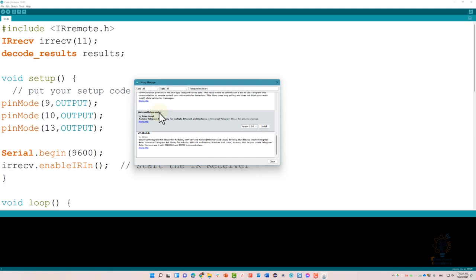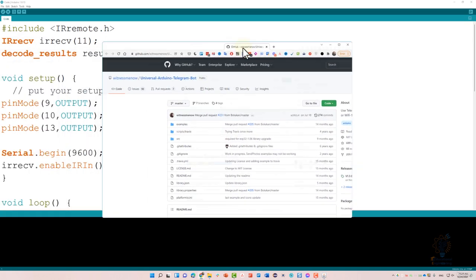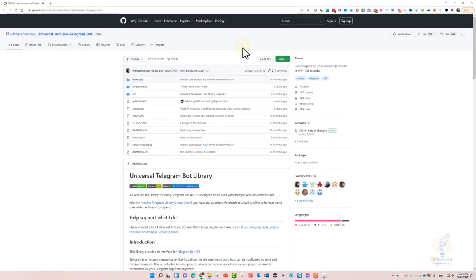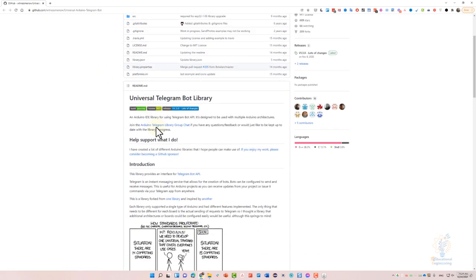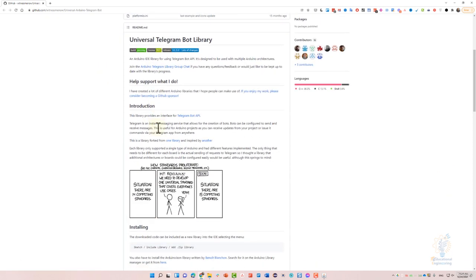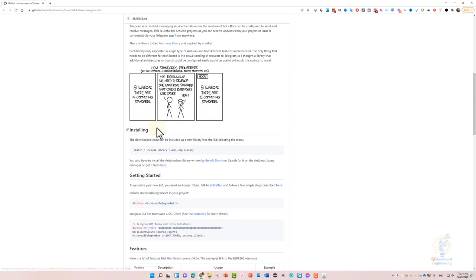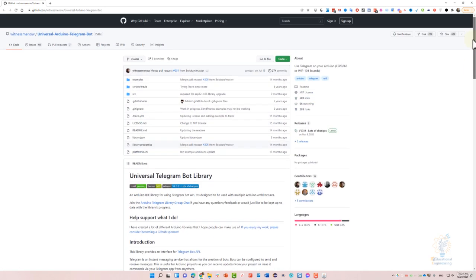And to make sure that it is the right library, make sure that it was created by Brian Lab, and you can click on more info. You will see a GitHub page. On this GitHub page, make sure that you have the universal Arduino Telegram bot here and there, and this is the name of the programmer, the lead programmer. Now this is the library, and we will talk about it in more details in the coding lesson, but make sure that you have this version here in the releases